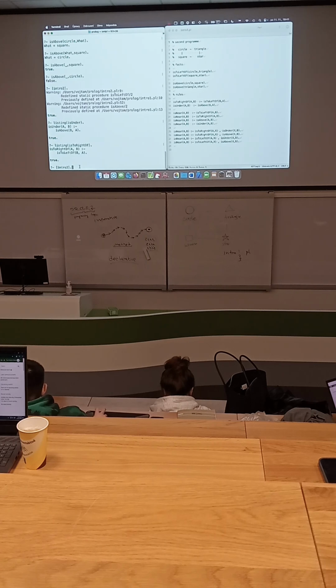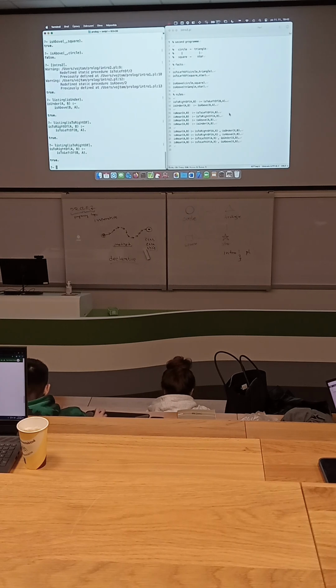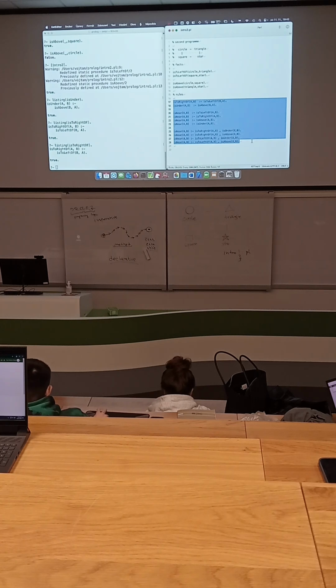This import has special terminology. It is not importing but consulting. Well, so look, we still have these facts, but we also have rules. This is more interesting.